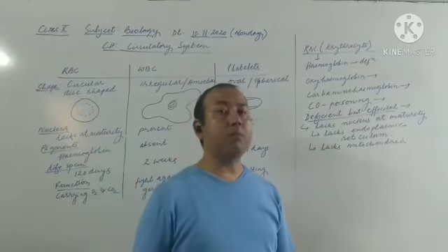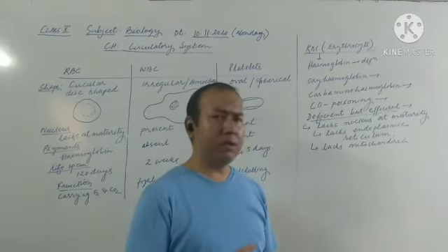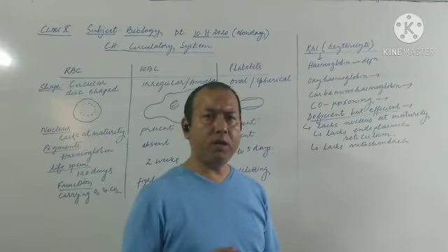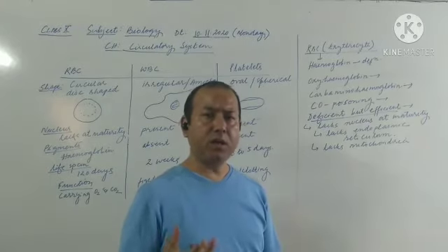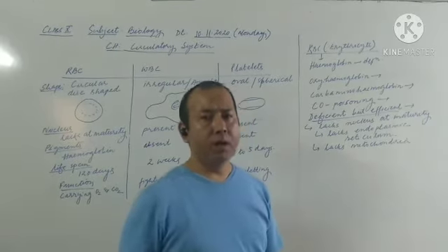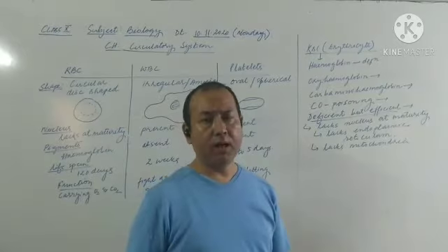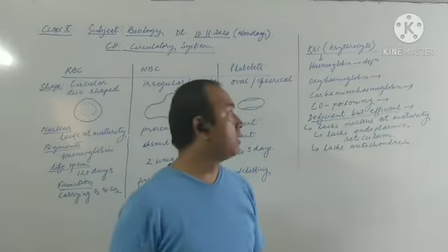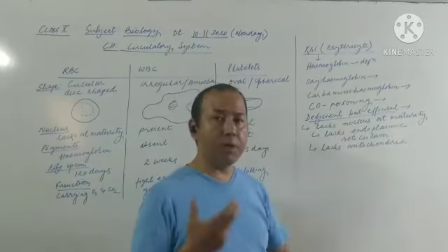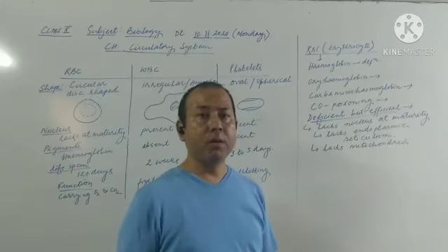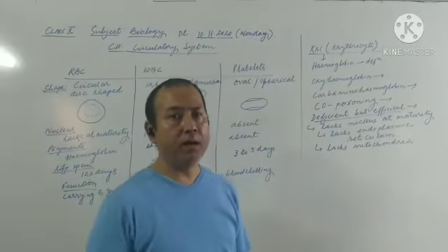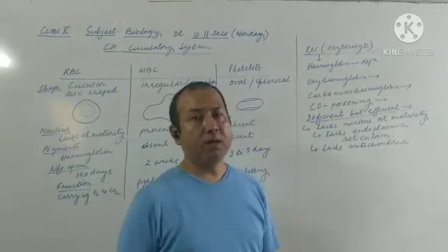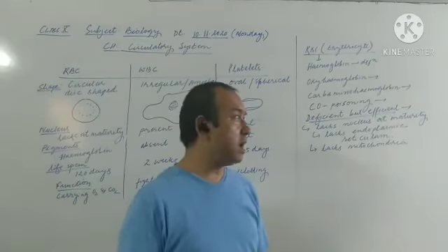Then comes carboaminohemoglobin. When the oxygen reaches each and every cell, it oxidizes the food molecules and thereby carbon dioxide is produced. This carbon dioxide combines with hemoglobin again and forms another unstable compound called carboaminohemoglobin. So carboaminohemoglobin is an unstable compound formed by the combination of hemoglobin and carbon dioxide. Carbon dioxide in this form is carried by the blood to the lungs, from where it is expelled.